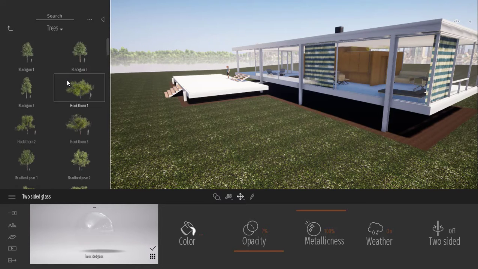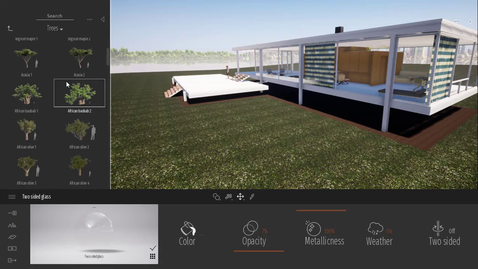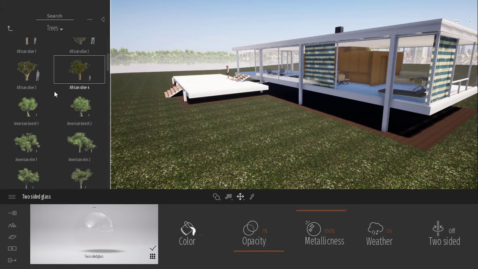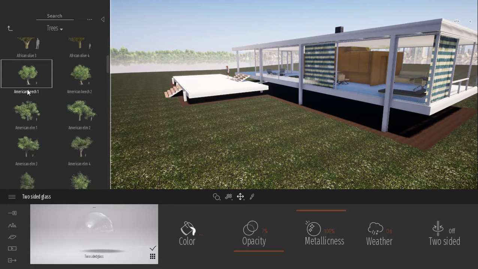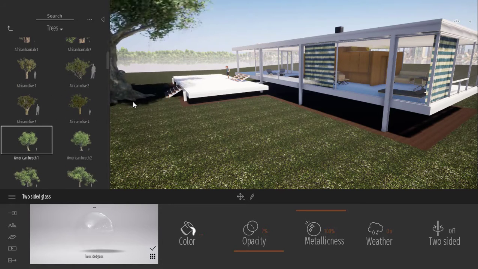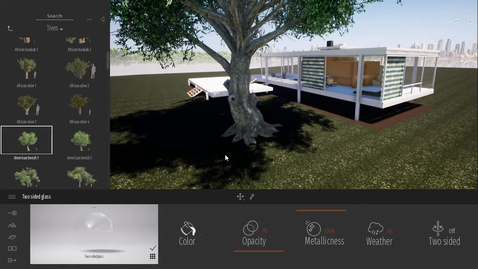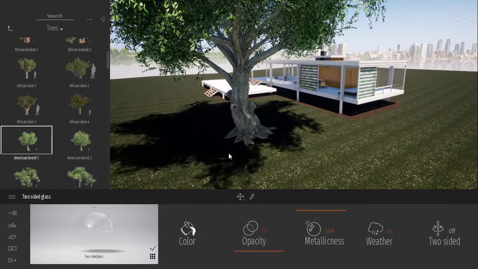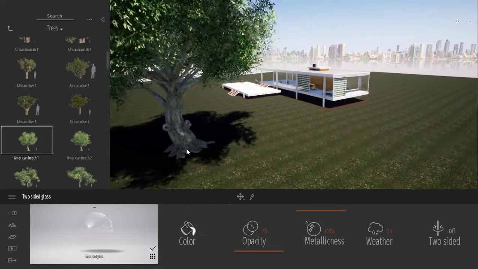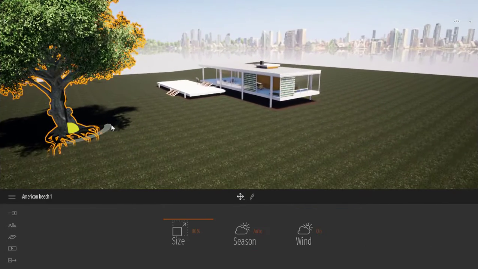So if I pick trees, and if I go down here and I pick something that I want, let's say an American beech, I can drag it into my project, and you see that I'm getting the form that I want. I'm going to place just a couple of them. These are large trees. I'm going to place one there,